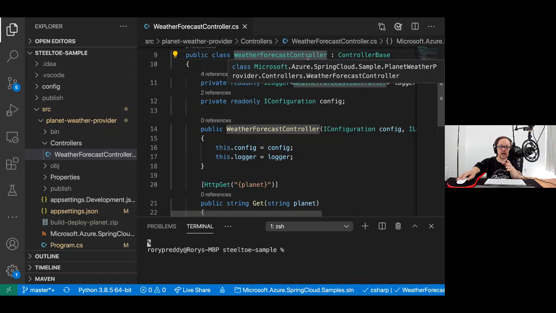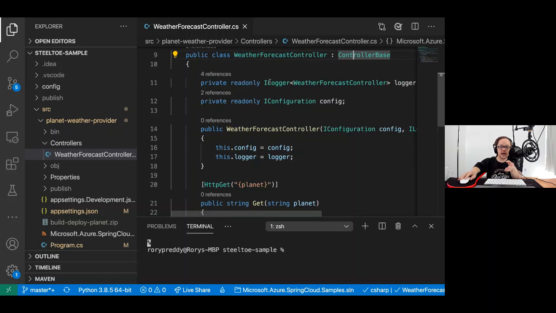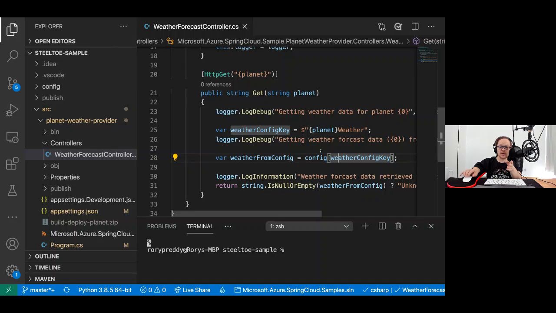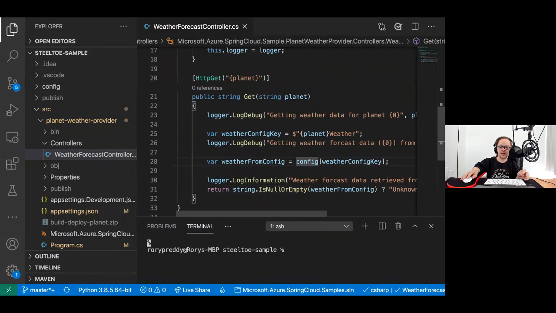So I've got my weather forecast controller, which extends controller base, and then I've got my configuration config, and the config really gets the config from the weather config, which is loaded in via the config server. Let's go get that. Sorry there for a second. Yeah, so that actually gets injected from the config there, and then I can just choose the index. So index 1, Mars, Venus, and then I can go getting weather for planet,